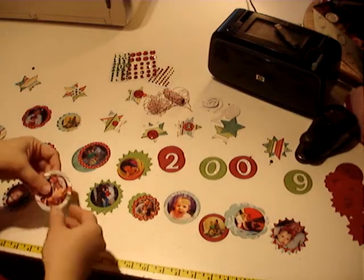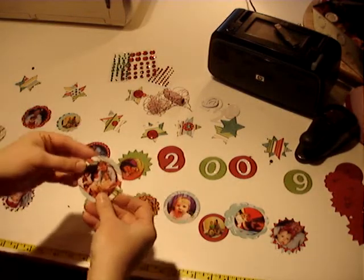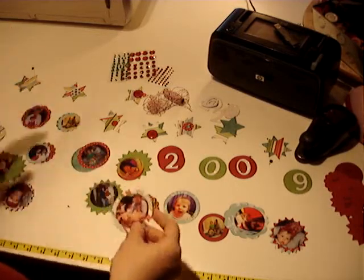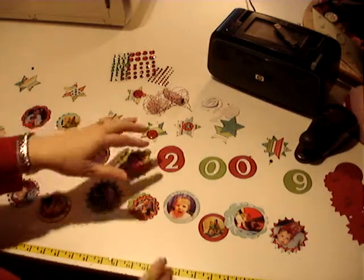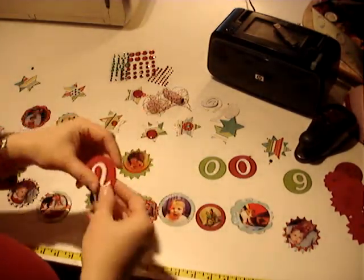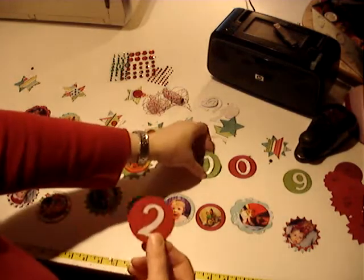If you were going to do a picture on each side, you could obviously do fewer pictures than that, but I was only going to do a picture on one side of each of my little shapes. And then I went through and figured out what I wanted to go on each one of my shapes. In addition to that, I also punched out some 2-inch circles out of plain red, and then